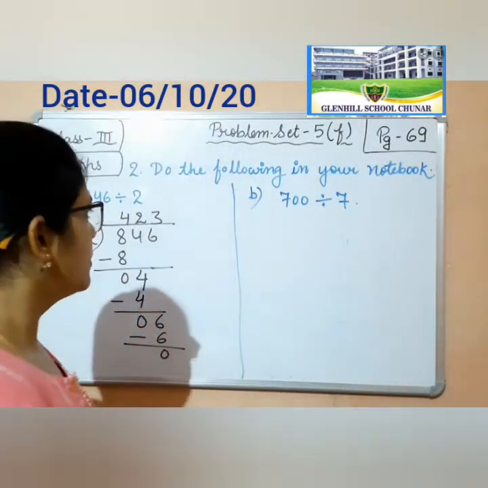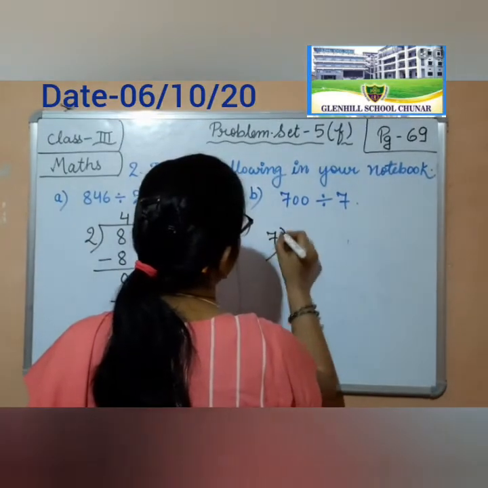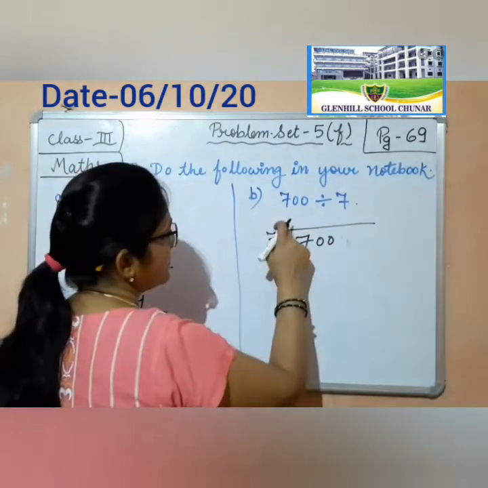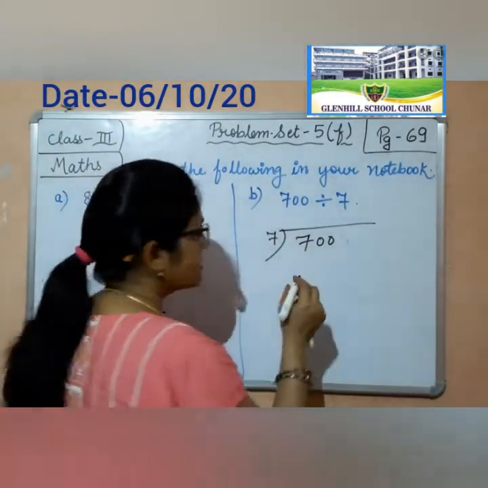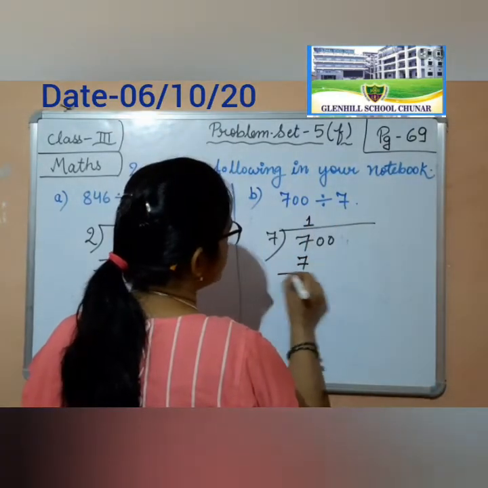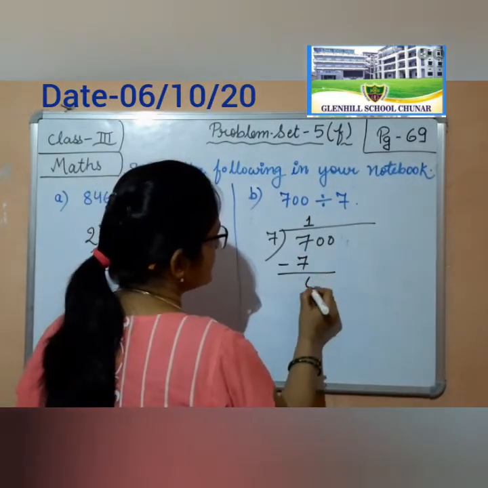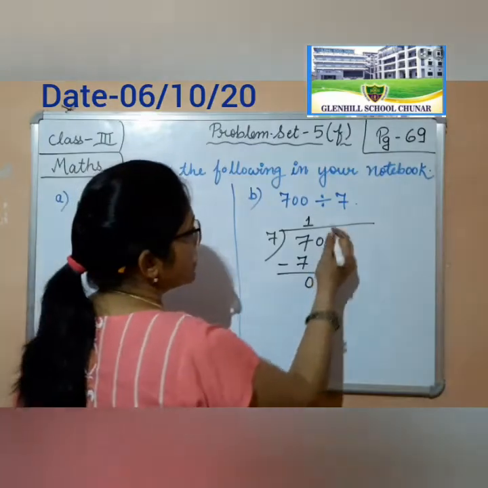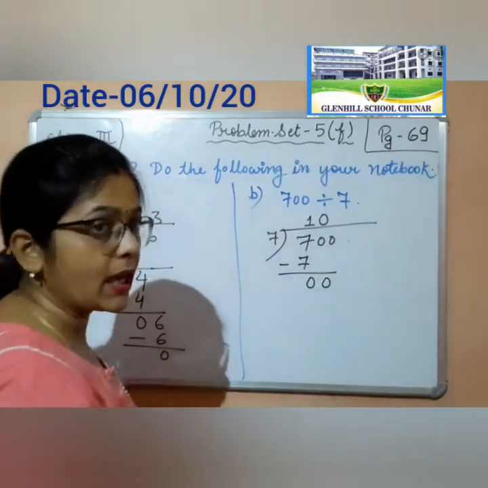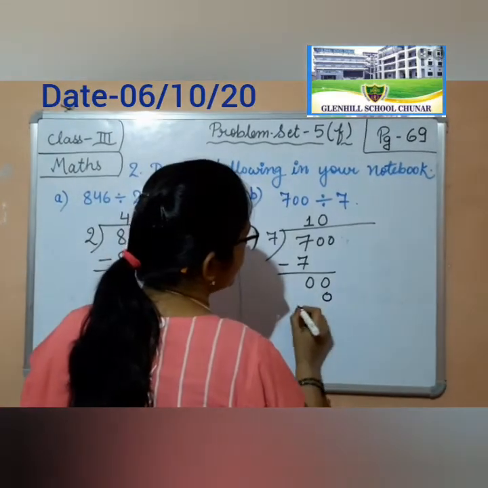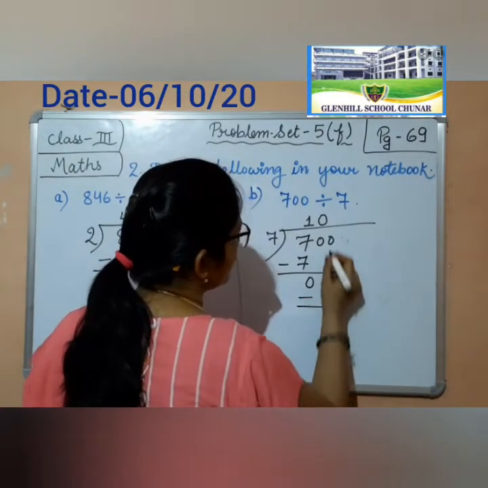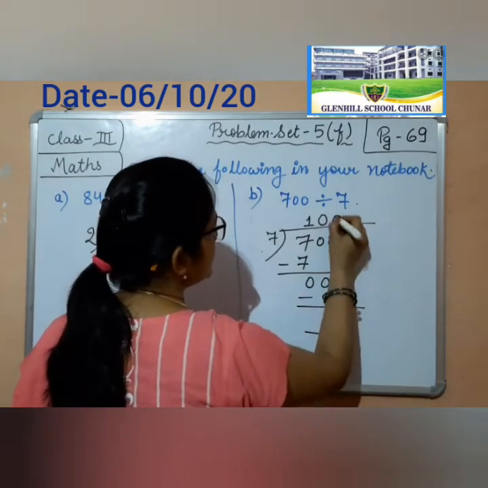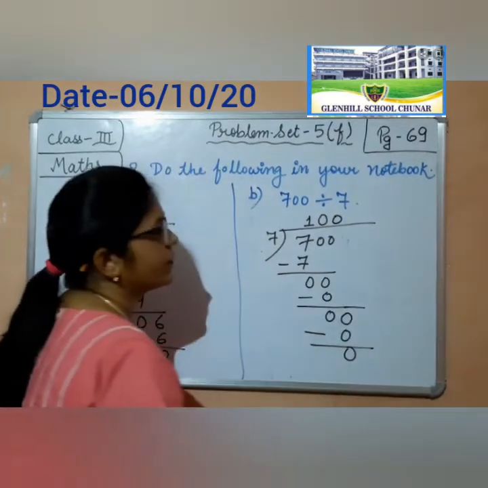Okay student. Now see here, 700 divided by 7. Okay. Now in 7's table, 7 comes in 1's time. So I have done here 7 minus 7 comes 0. Now this 0 I have put it here. So 7 zeros are 0. Okay. So means 0 I have done here. Nothing. 0 0 0. One more 0 is there. Then I have put here 0 zeros are 0. 0. Okay.